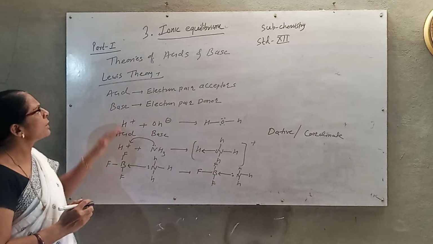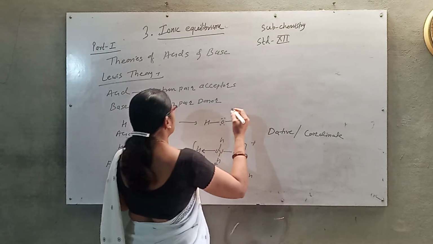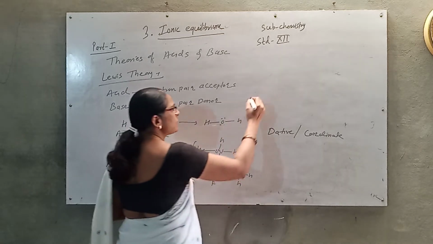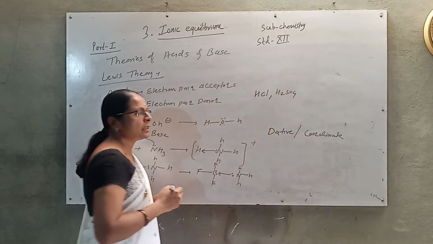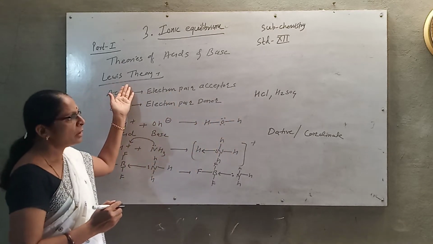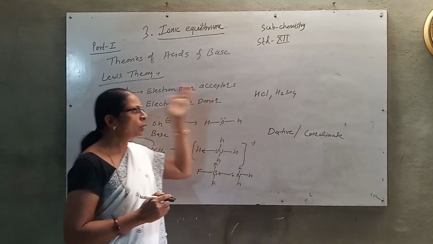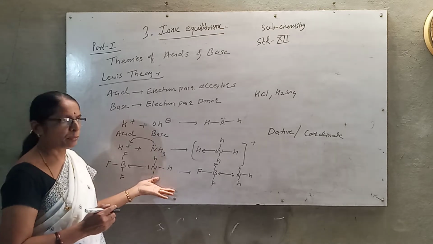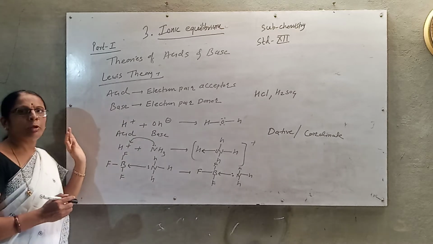So what are the drawbacks of the Lewis theory? The Lewis theory considers acids and bases only in terms of the electron pair. Lewis theory does not consider the commonly used strong acids HCl and H2SO4. Their nature is not explained because they do not accept or donate a lone pair of electrons. So according to Lewis, these acids are not considered because they do not have a lone pair of electrons. Lewis theory can only explain those acids and bases which involve a lone pair of electrons.